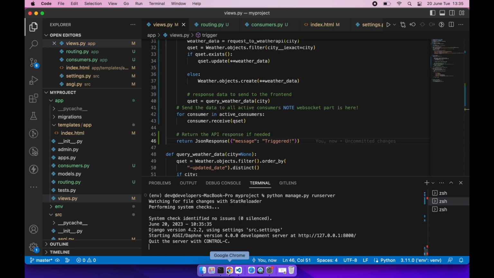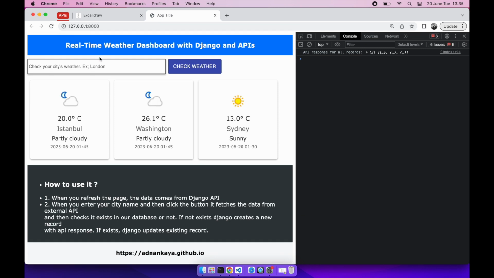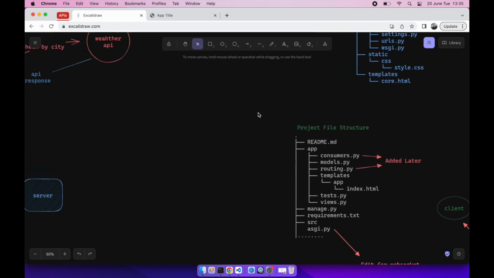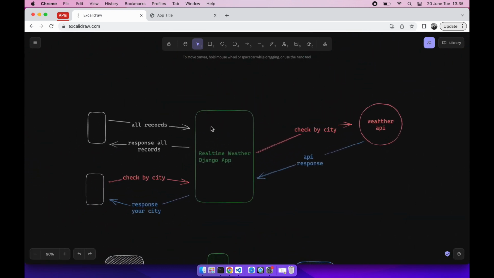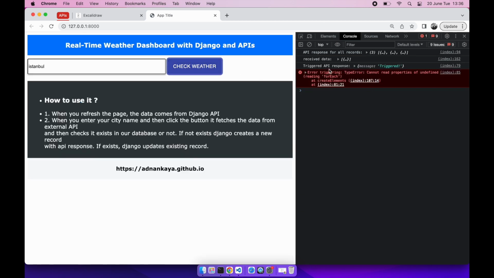Let's go to our browser and refresh the application. As you see, the data comes from Django directly. Let's remember our diagram. When the client asks for all the records, they are returned directly. When the client checks a city, it goes to the external API, and you see that triggered, and actually the